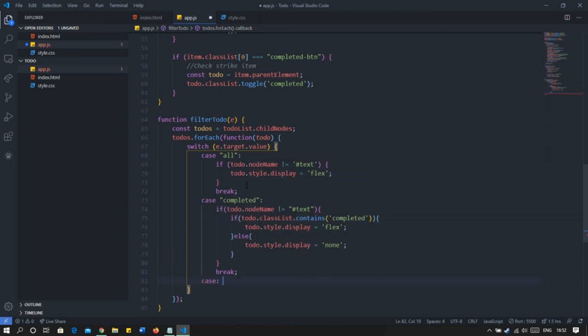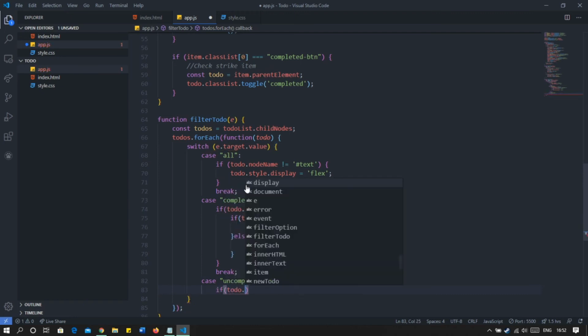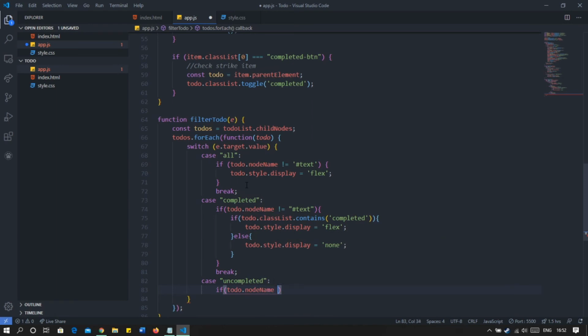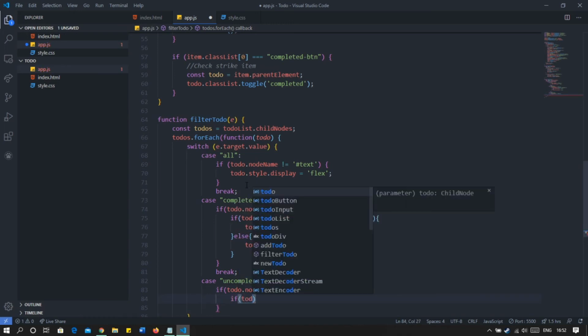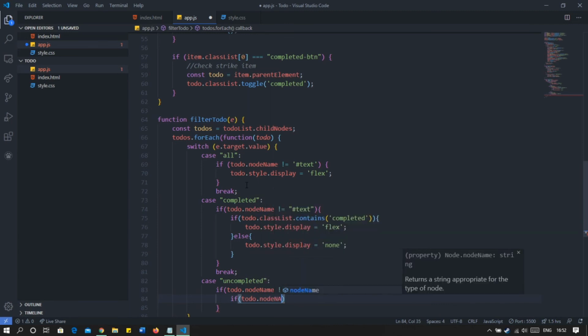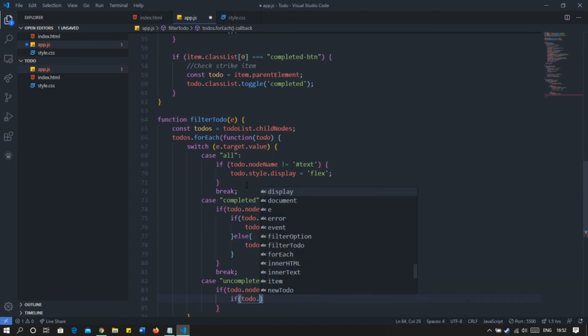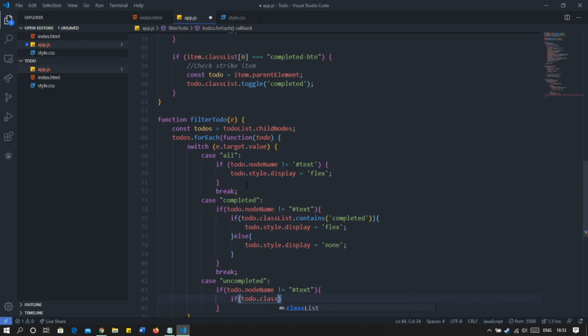The last case is uncompleted. Here we will check again, todo.nodeName is not equal to text, and then if todo.classList doesn't contain, so we'll now check if it doesn't contain completed.